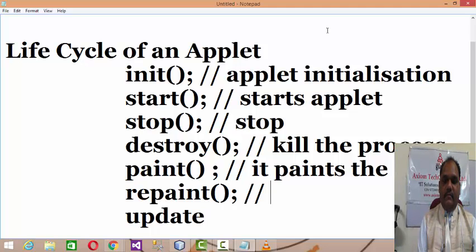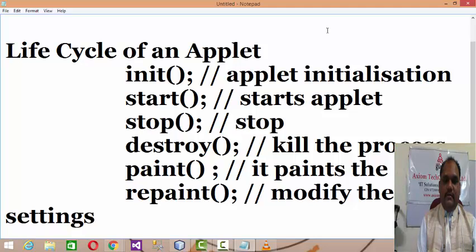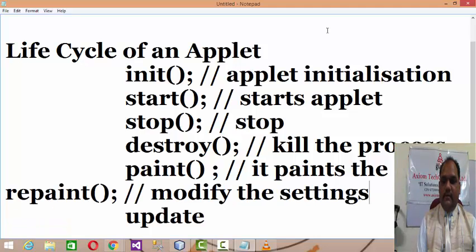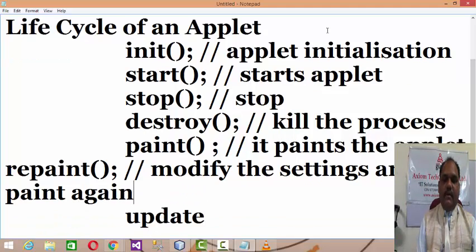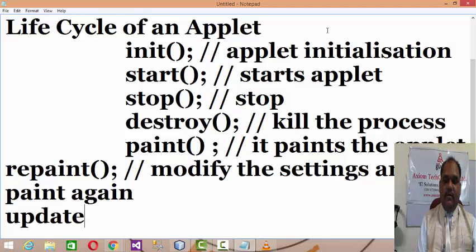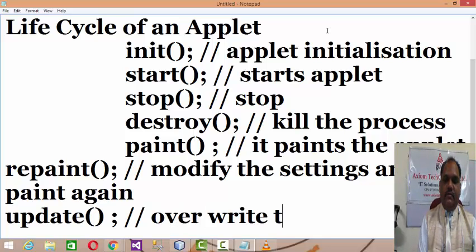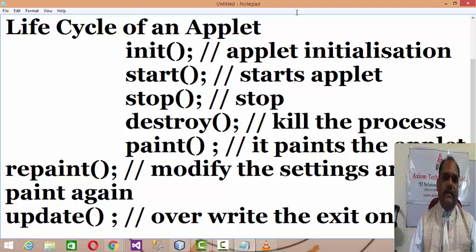Repaint and update modify the settings, and paint again, that is repaint. But update means you override the existing one. I'll explain each and everything.